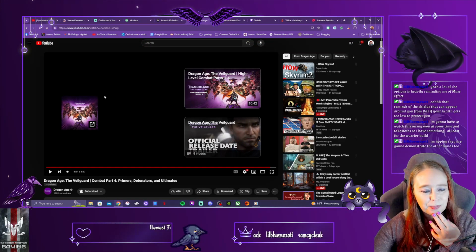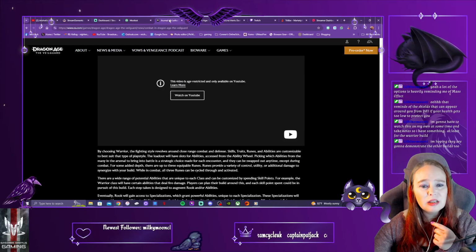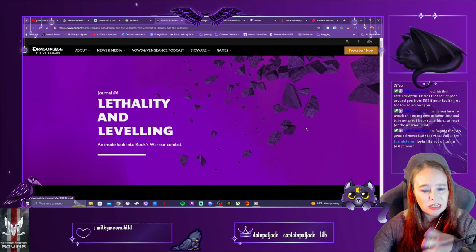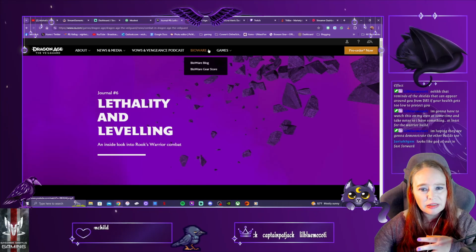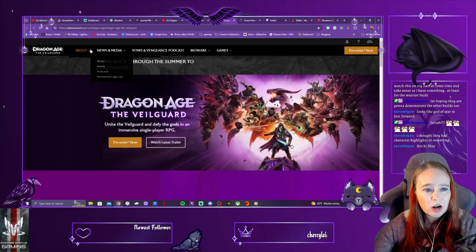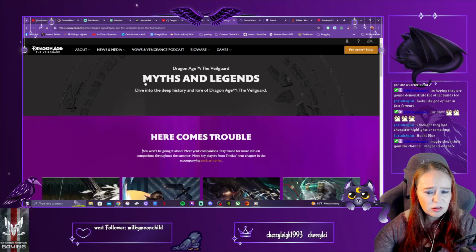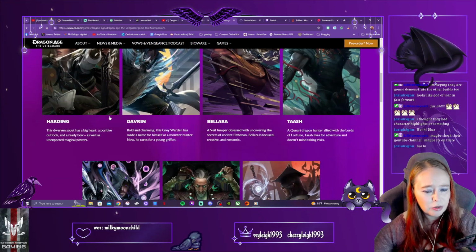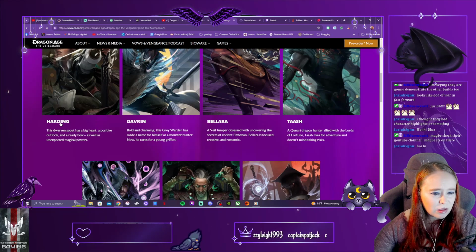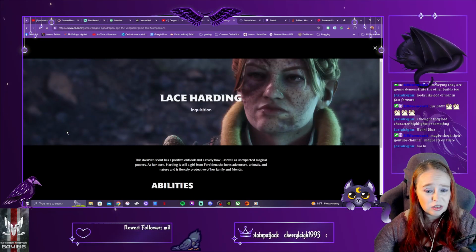So now, didn't they do another thing? Where is it? For the companions, didn't they? Where is that? I don't know where it... Oh, companions. Right? Would it be under here? Okay. Here we go. Is this what... I guess this is what...